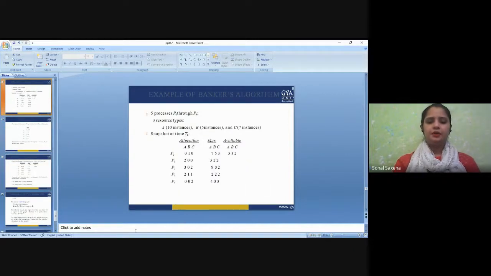So here, I hope that this deadlock condition is clear to all of you. How can a deadlock condition occur? What is deadlock? How can we prevent it? How can we avoid it? What are safe and unsafe conditions? We have seen all these things. Now, the only part that we need to understand is the algorithms that are applied. So in the next lecture, I'm going to cover the Banker's algorithm.